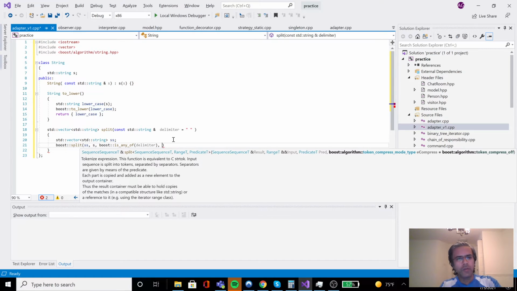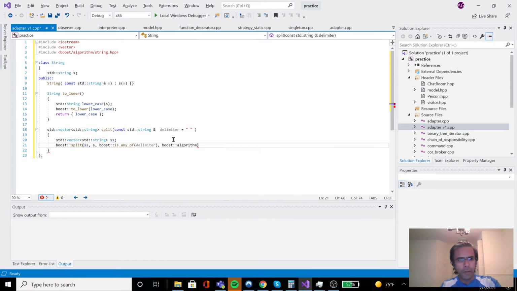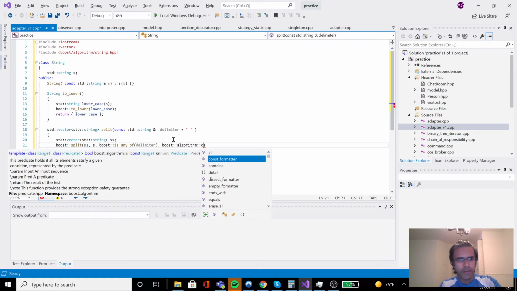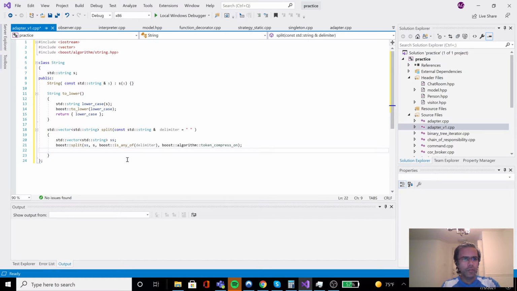Otherwise, what will happen is if you do not use this token, so let me actually write it down first. This is token compress. There are two options: token compress off and token compress on. If you use token compress off, it will only remove one of these spaces or one of the delimiters. But if you use token compress on, which is what we are going to use, it will remove all these spaces or whichever delimiter you pass in. So this will do that job. And then we return